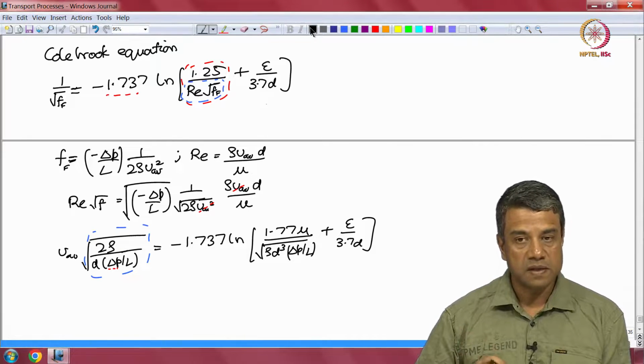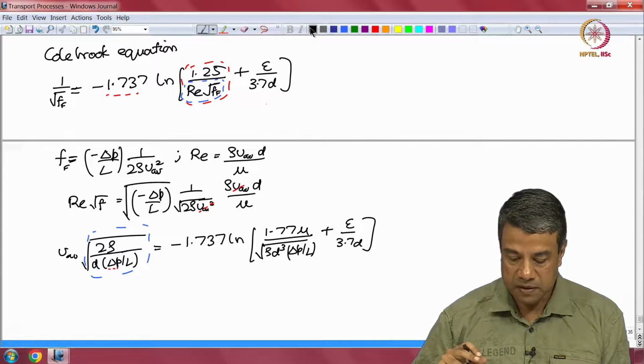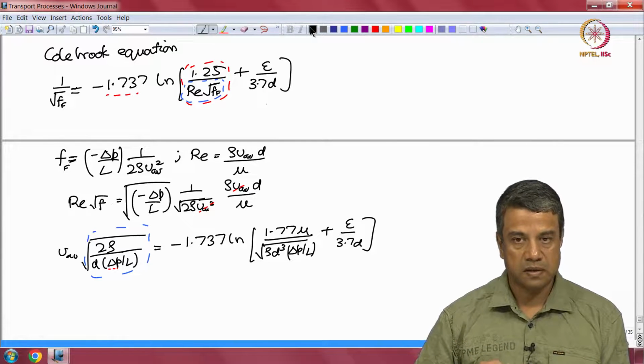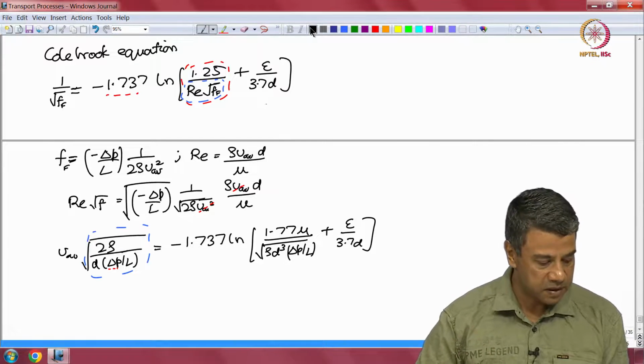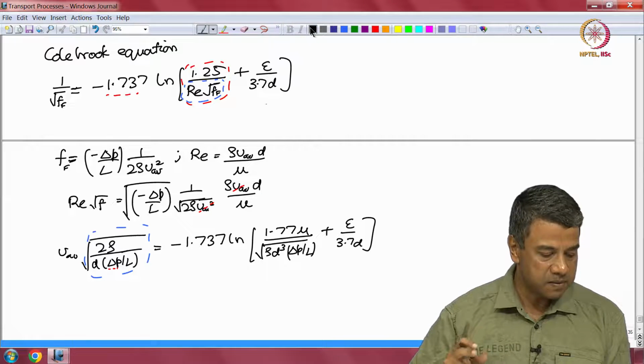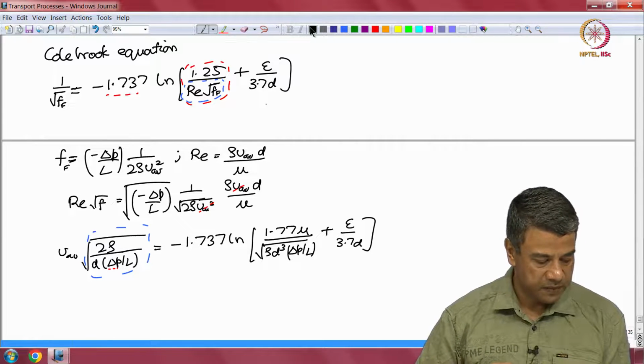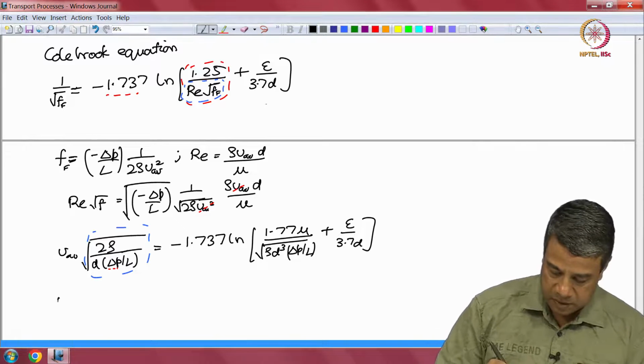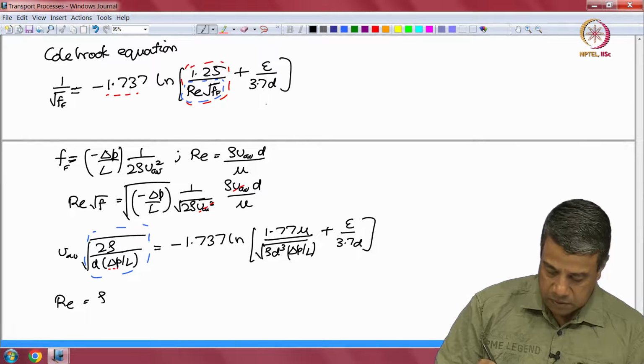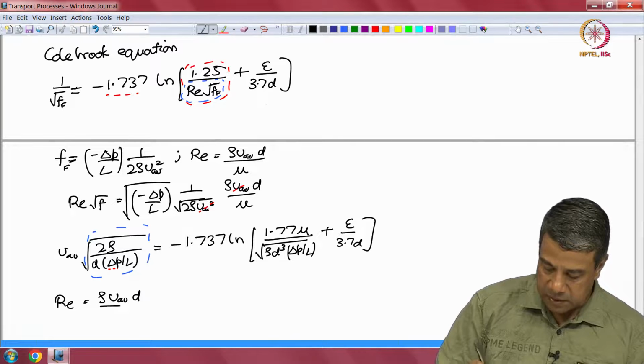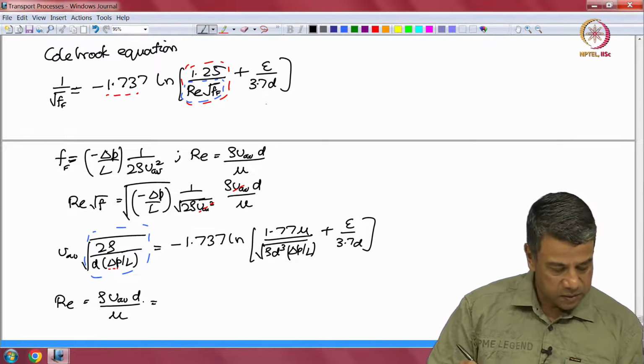For a given average velocity, I cannot predict the pressure because it is now an implicit function of the pressure. So, I cannot get pressure in terms of velocity explicitly, but I can get the velocity in terms of pressure explicitly. And the Reynolds number, rho V average d by mu, is equal to